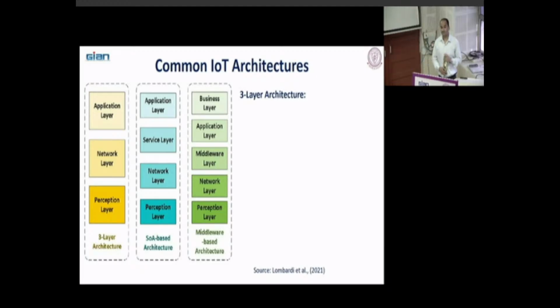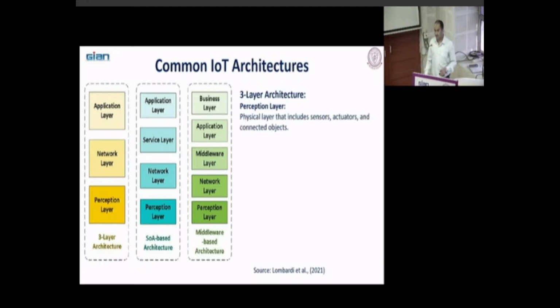What is the network layer? Network, connecting. Again, you transmit that data to the cloud, network layer, network technologies. Then the application layer. After that, the cloud, whichever provider it is, analyzes and processes the data, and it provides some insight in the form of an application. Different applications are there. It could be some application on your smartphone or somewhere else. So that is your application layer.